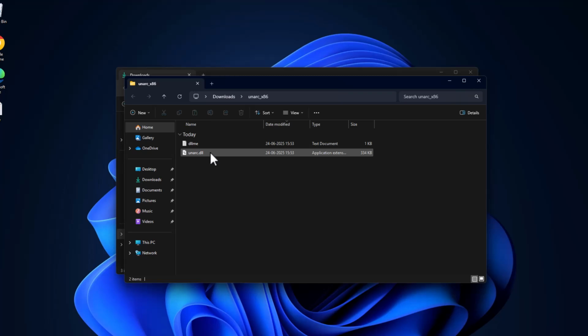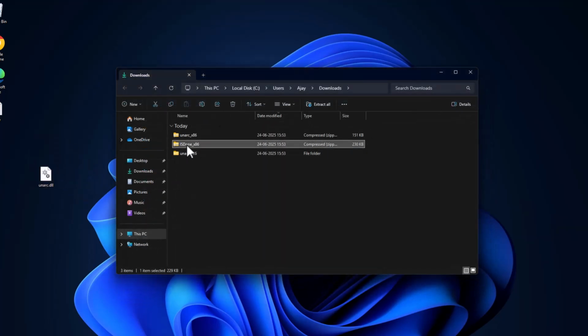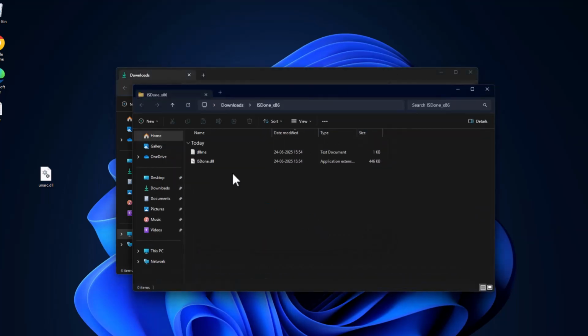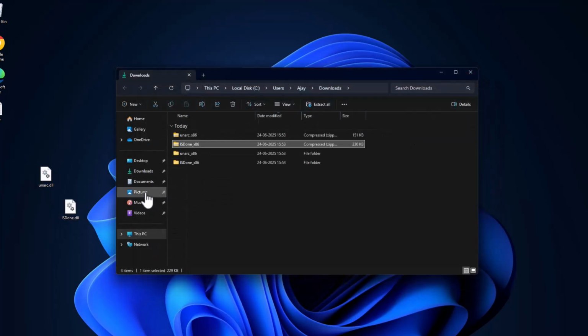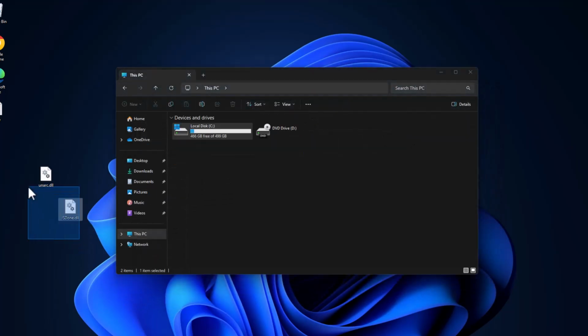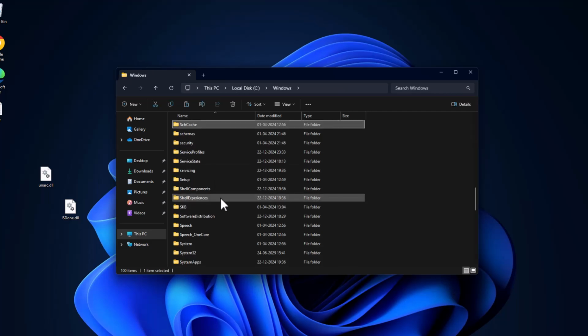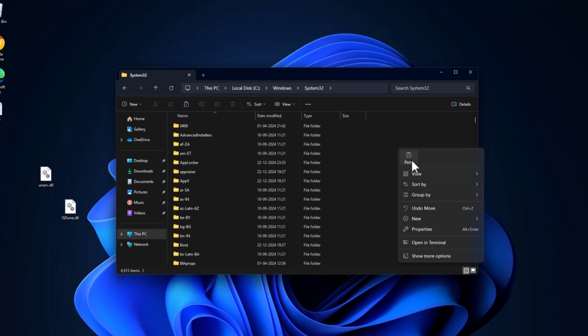Now drag and drop this DLL to the desktop, and same thing for isdone.dll. Extract, drag and drop to desktop, and then go to This PC, copy both the DLL files and go to Local Disk C, double click on the Windows folder, find the system32 folder, double click on it and paste the files in